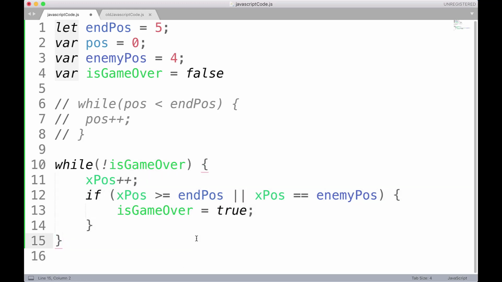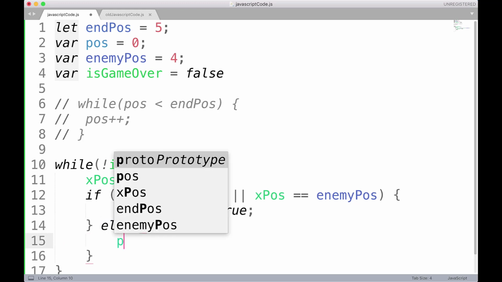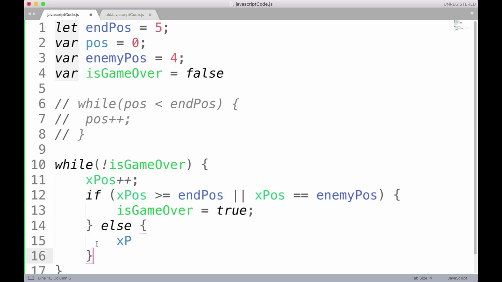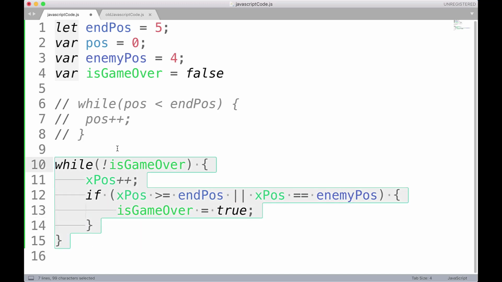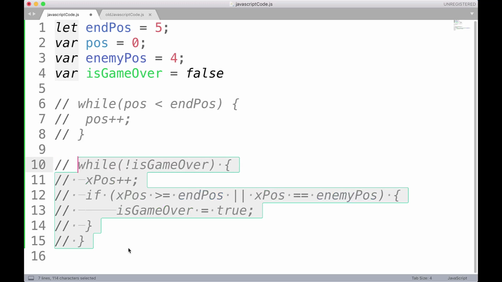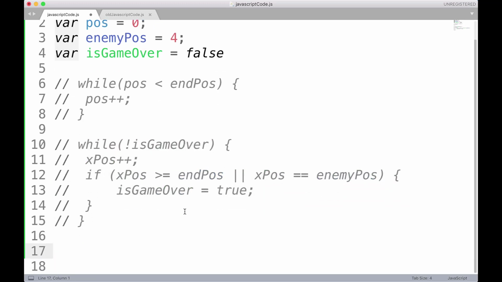Okay, so this is just one solution of many. You could have done an if else, and then done the X position plus equals 1 down here. There's lots of different variants of this, but this is one of a few different solutions. Okay, so we are going to look at an even better solution, and that is going to be through the